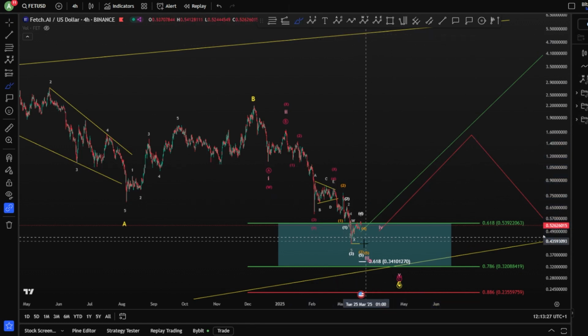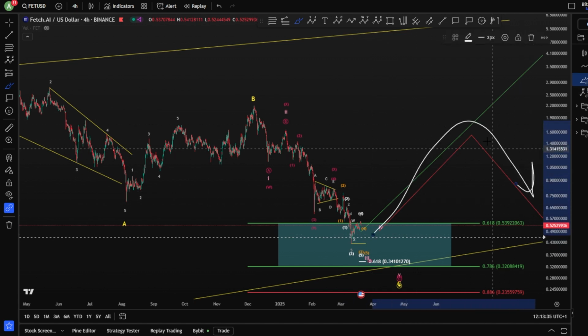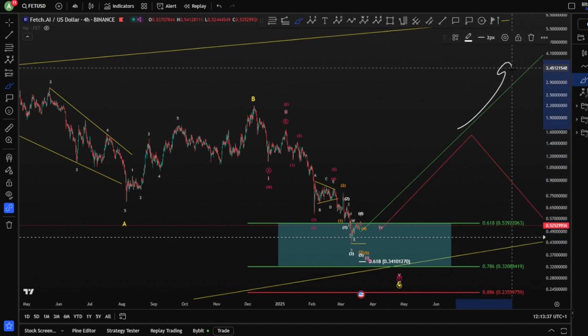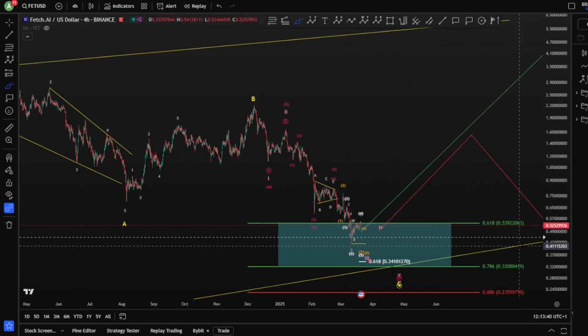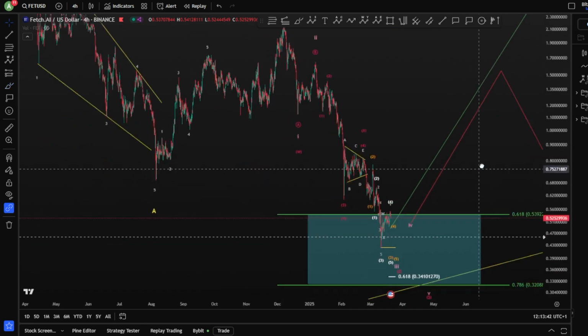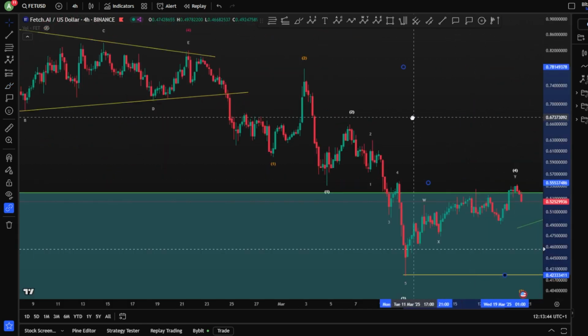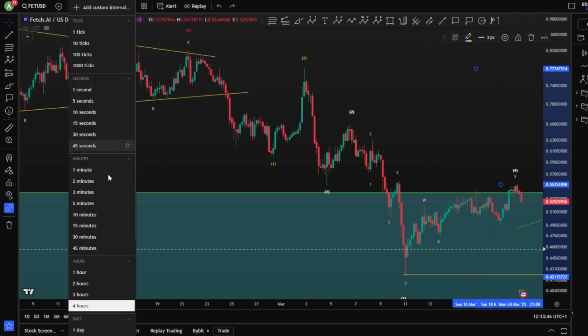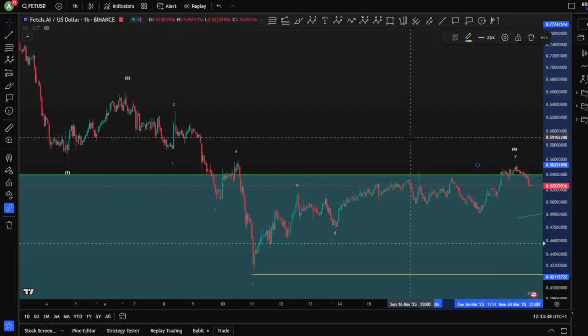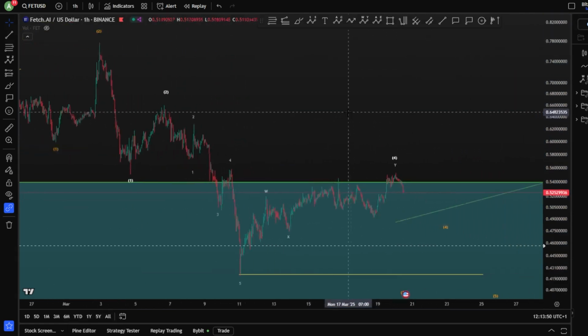Short-term is of course for 3 waves, bullish impulsively toward the upside. Therefore it is the box of opportunity, wherever it moves toward the downside in this area or continues. For me it is an opportunity, of course no financial advice, guys, but yeah, it's a very, very nice opportunity, I would say, for FET. Now, if we move inside the 1-hour chart to see what's going on, now we said,